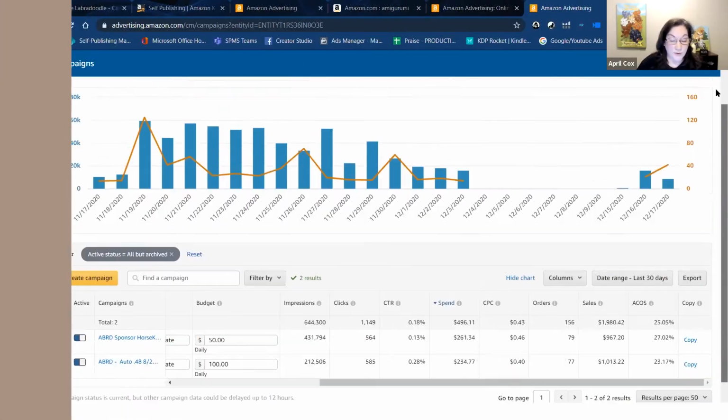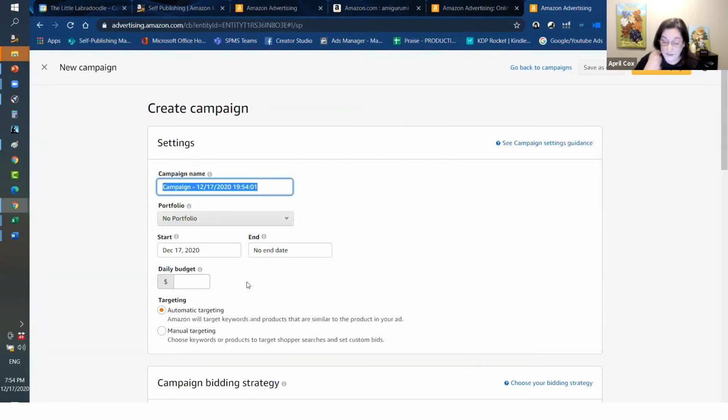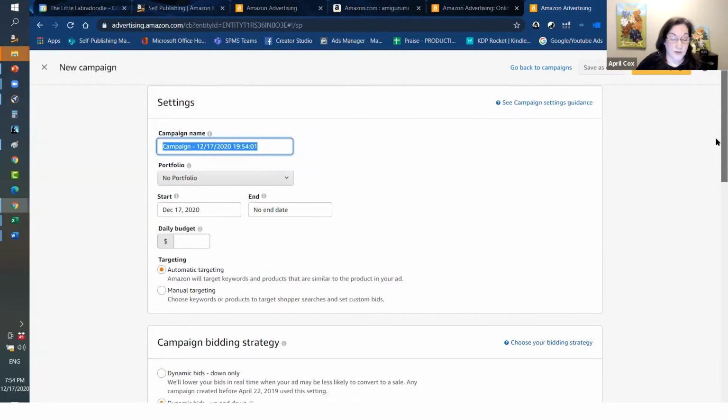Now what I'm going to do is create a new campaign. So these are the few different types of ads that you have available to you when you are a KDP user. Since most of us are going to spend much of our ad budget on these types of ads here, the sponsored products, I'm going to start with that, and then I'll bump into sponsored brands and show you what some of this looks like. So all you have to do once you've got a new ad going is click continue. And this is the process here to create a campaign.